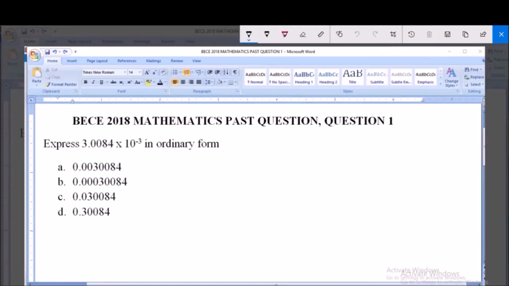Express 3.0084 times 10 raised to the power of minus 3 in ordinary form. A, 0.00300084; B, 0.00030084; C, 0.030084; and D, 0.30084. So we have to express this number